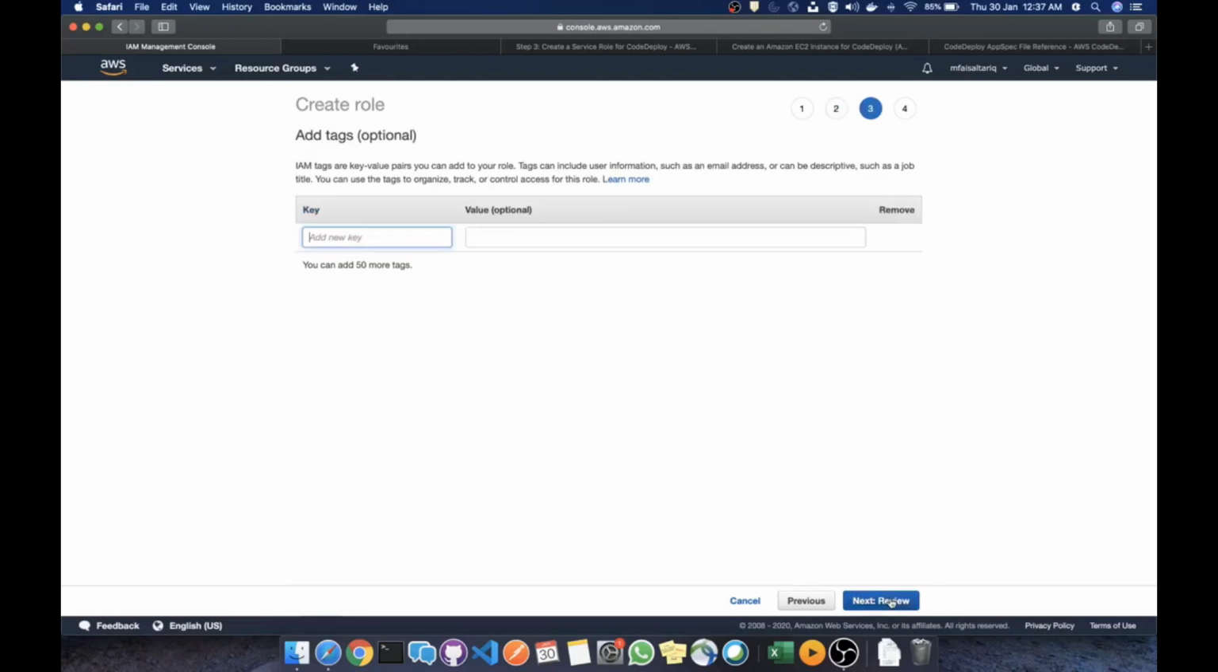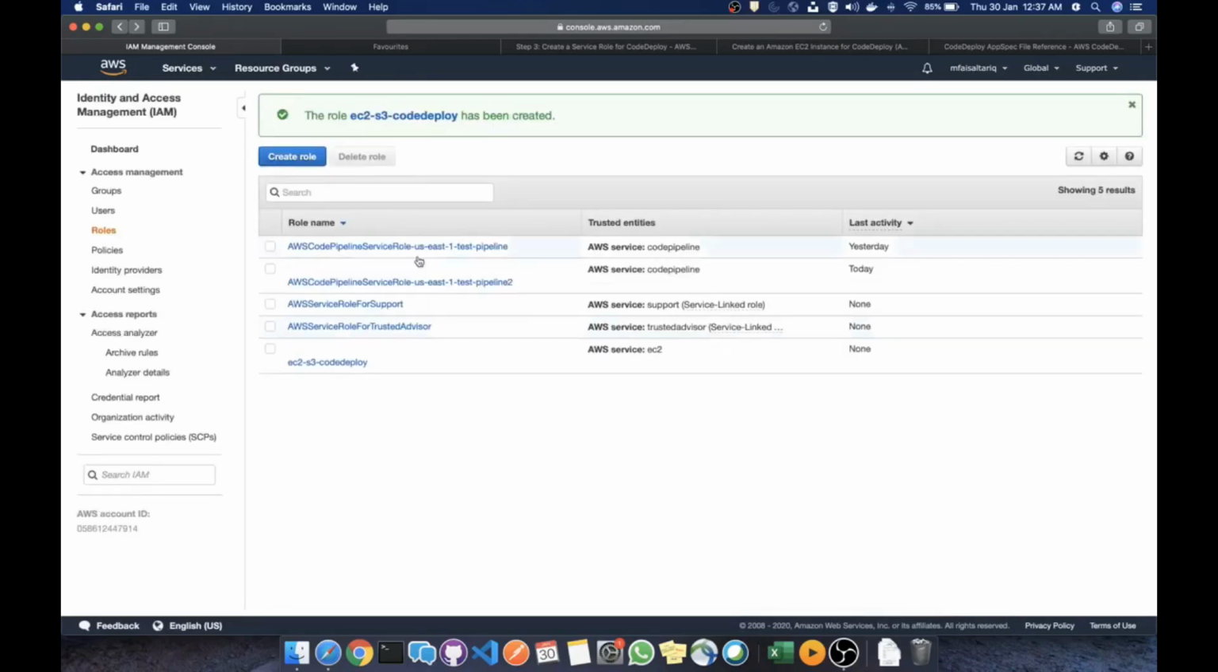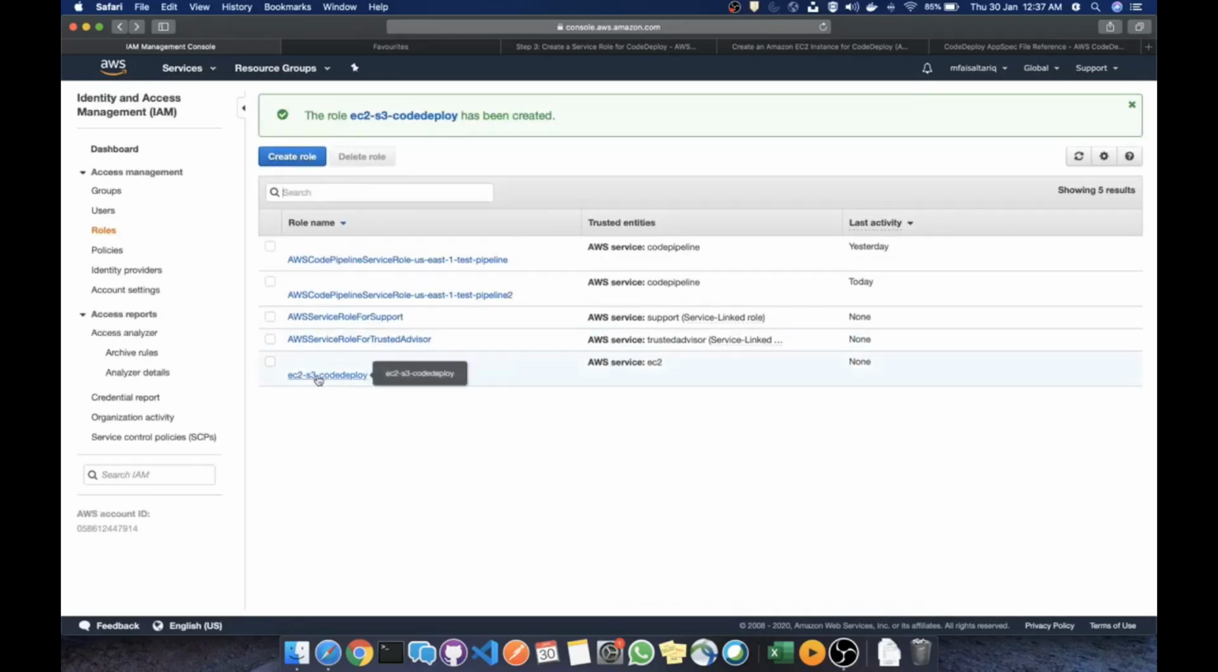and I'll go to next, tags. I'll skip this step and then I'll give it a name, EC2 S3 Code Deploy. And I'll create this role. Now if I look over here, you can see that this role has been created and it appears over here. Now I need to create another role